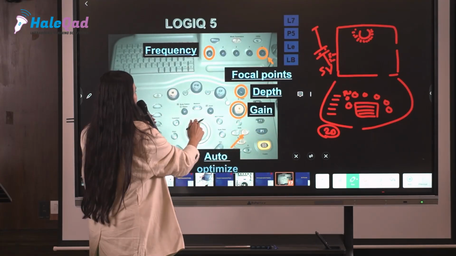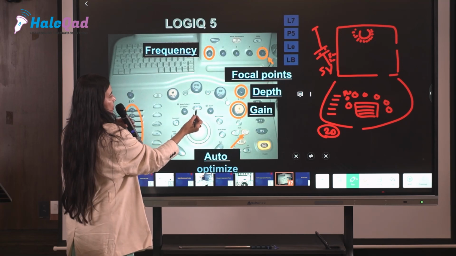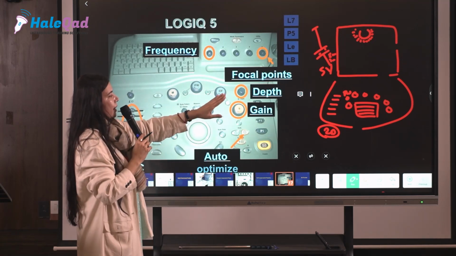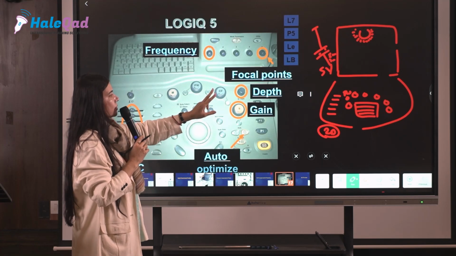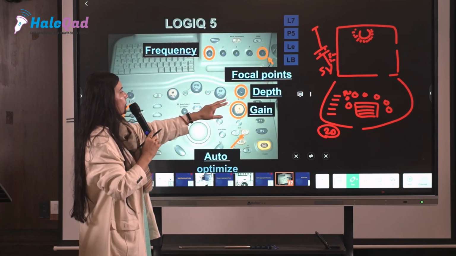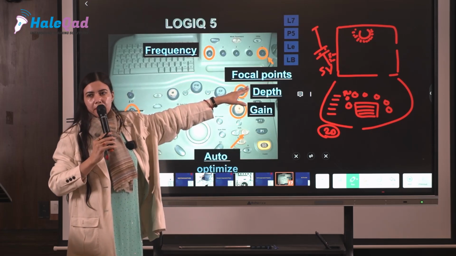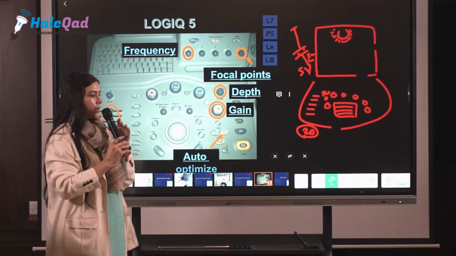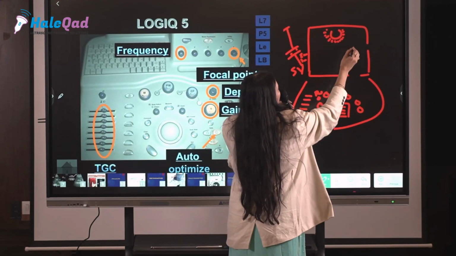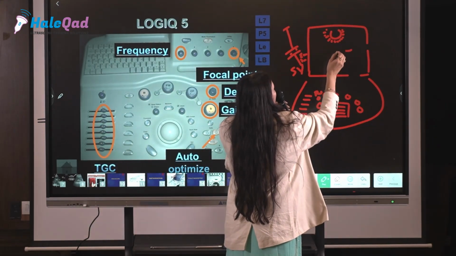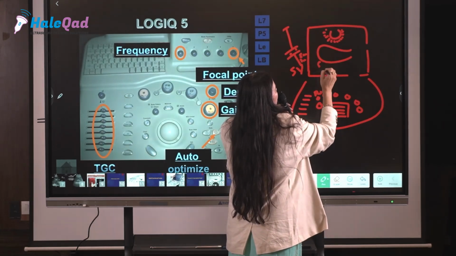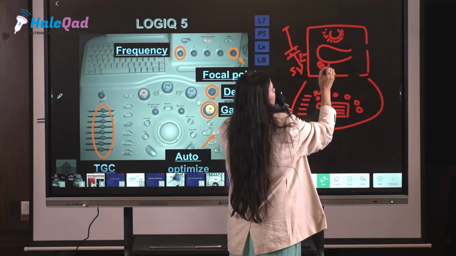You have a measure button. You can see this is the measure button, so you can measure the said area. If the area that you have focused on is not as per your convenience, first of all, go with the depth button. Why is depth important? I'm doing a vaginal scan. My uterus is here and the ovary, say suppose, is lying here.